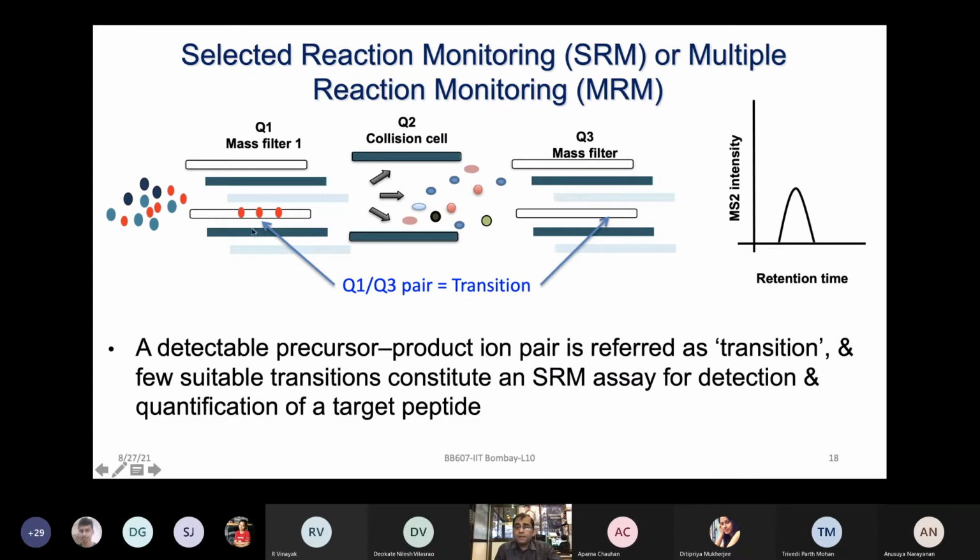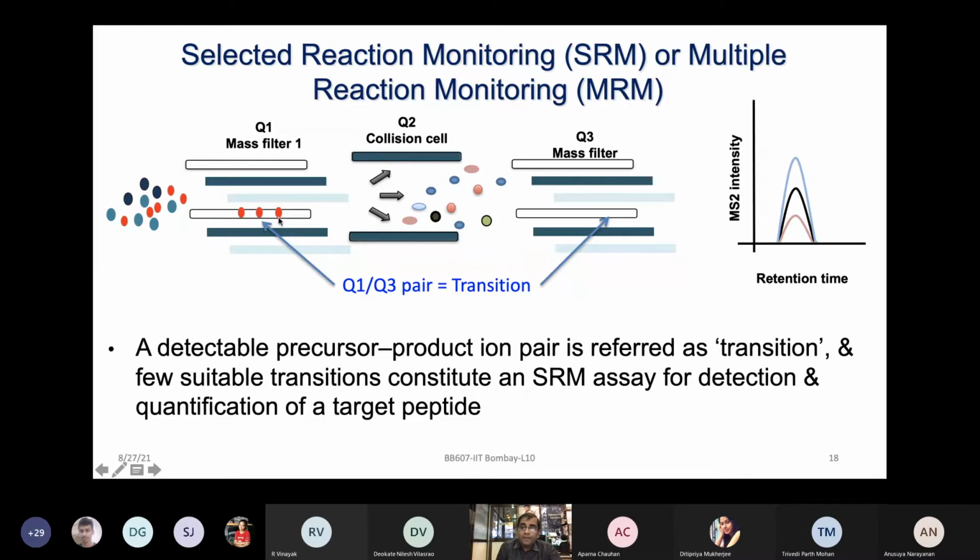So broadly, as we said, we are looking at a triple quadrupole based mass spec to do the SRM assays. We have several peptides in the mixture, but we look at one specific peptide of interest, and we first try to generate data for that peptide, looking at what happens to this, let's say red peptide in this case. After fragmentation, it generates fragment ions, and we are looking at this precursor and the product ions. What happens to my precursor, which is the red, intense one? After all the fragmentation, what product ions are made? And this is known as the term transition. You will be listening to transitions all the time now in the subsequent discussion.